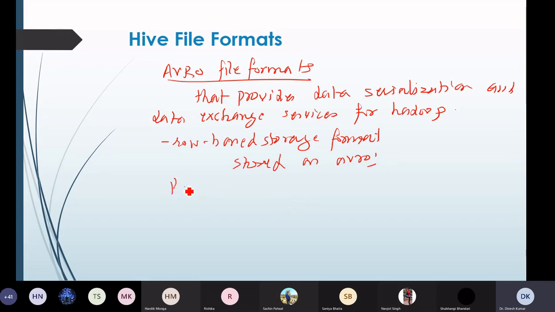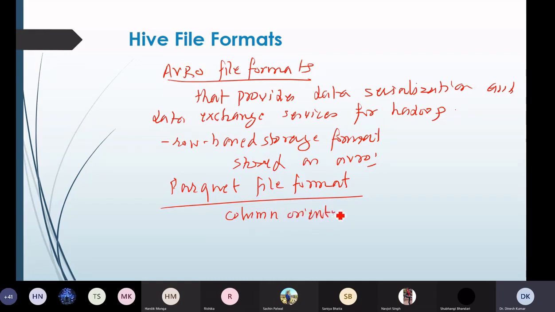The last is the Parquet file format. It is a column-oriented binary file format. It is basically again a separate project of Apache, but it is highly efficient for submitting and processing large scale queries.